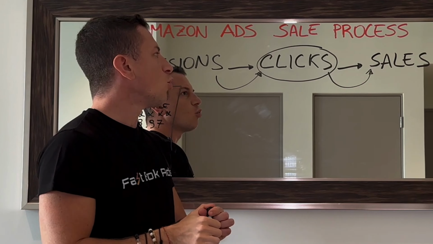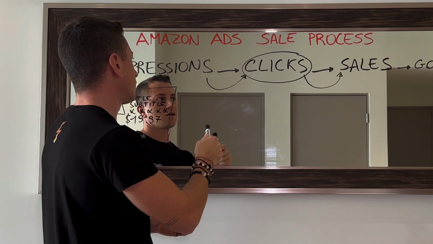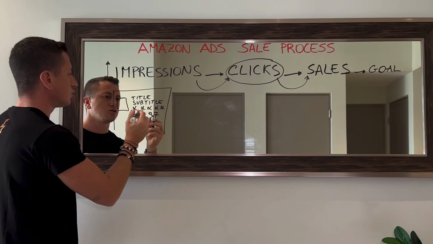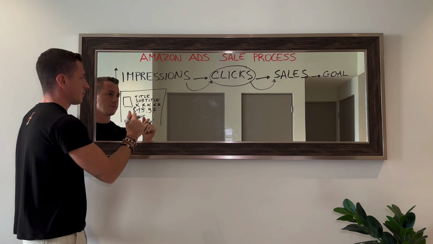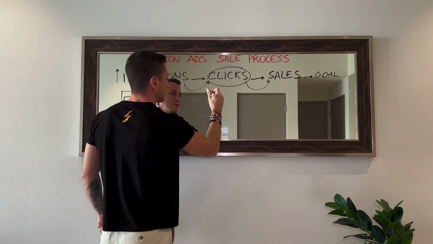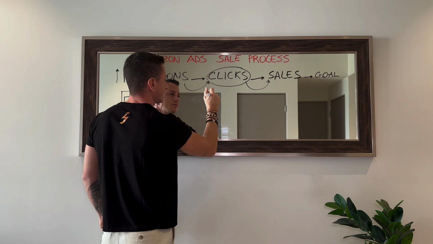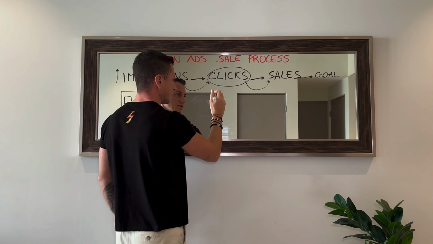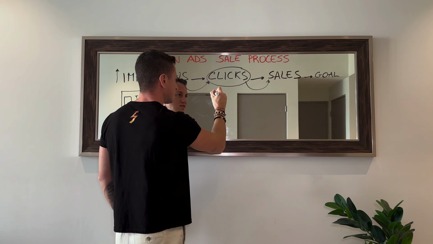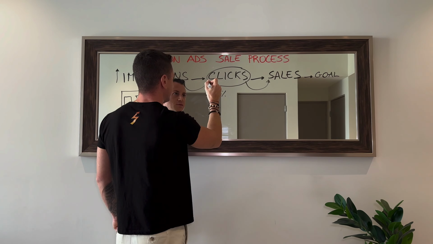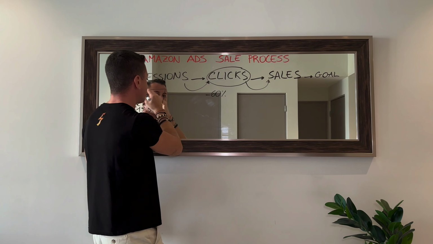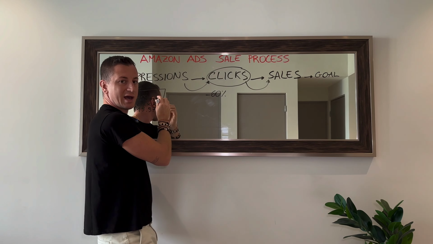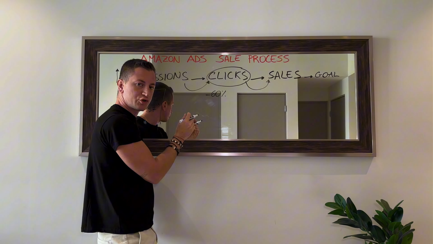So, what influences clicks? Everything you see here. The first thing, the most important, is the cover. The cover makes 60% of